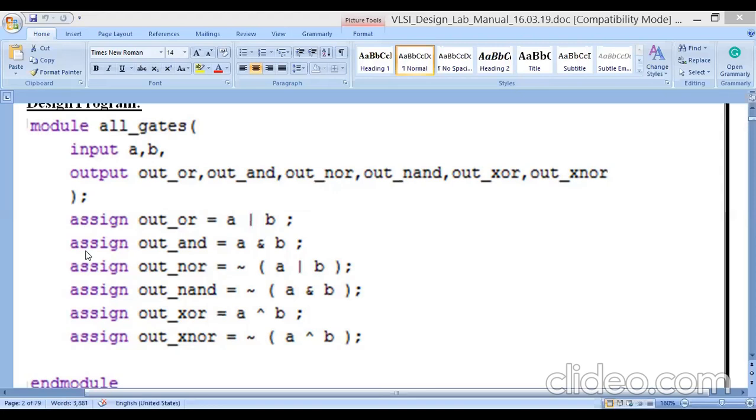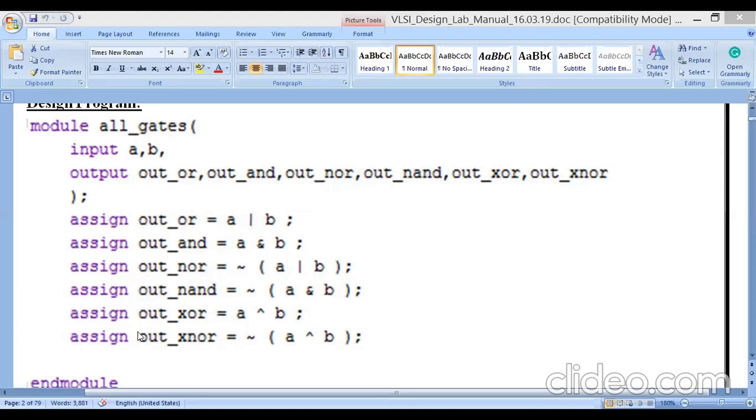But in Verilog, especially in HDL programming, all lines in the module body will execute at a time. That is called concurrent nature. It will execute in parallel, all lines at a time, or concurrently.